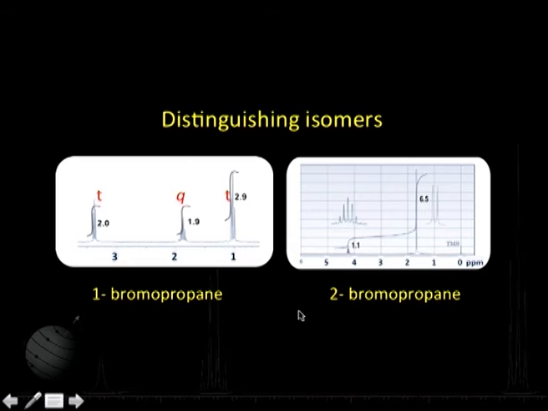So, you find that if I have a molecule and I want to identify whether it is 1 bromopropane or 2 bromopropane, I just look at the NMR spectrum. If I get only 2 signals, it is 2 bromopropane. If it happens to be 3 signals like this, it is 1 bromopropane. So, this is one of the applications of NMR spectrum: we can distinguish between isomers or very closely related molecules, and thus we try to work out how many signals to expect and where to expect them. Okay, let us continue. Let us take up another example.